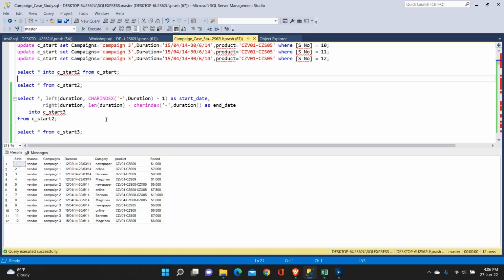Now what I have to do, I have to split this duration into two values. First called the start date, the second called the end date, for which we are going to use the left command, which we also did in our Excel. So select everything, comma, left duration, duration being this column itself, character index of this. It will find the, what do we call this, hyphen. It will find this hyphen